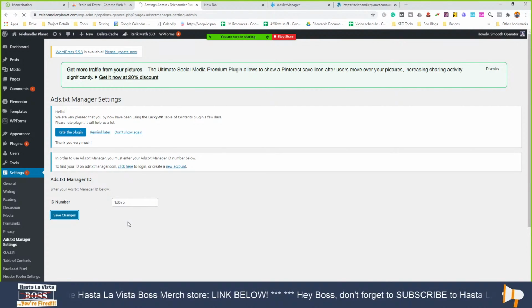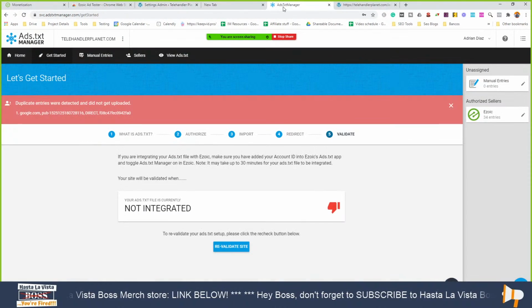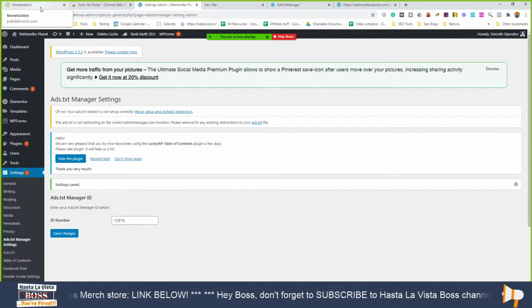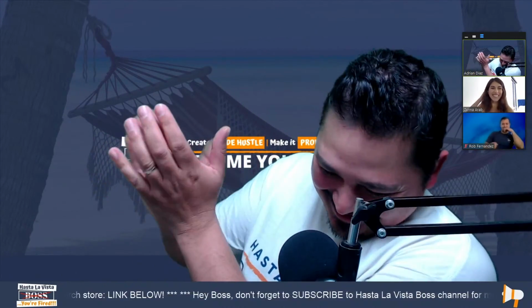Great stuff. And now, Adrian, you are integrated with Ezoic, and once the integration propagates and you're approved for AdX and you've set up the placeholders, you can go ahead and turn on your site and start testing. We can't do that right now because we're still waiting for the integration to propagate. But that's about it. I think we did it in less than an hour, and you're ready to go with Ezoic. How cool is that? Yes. Hey, thanks for that. Awesome. That was awesome.